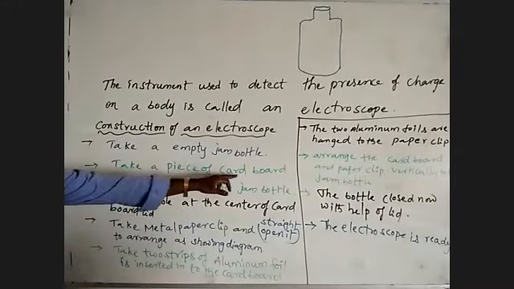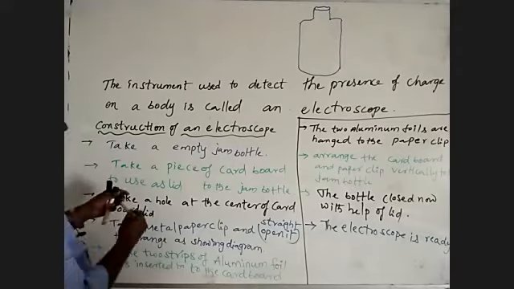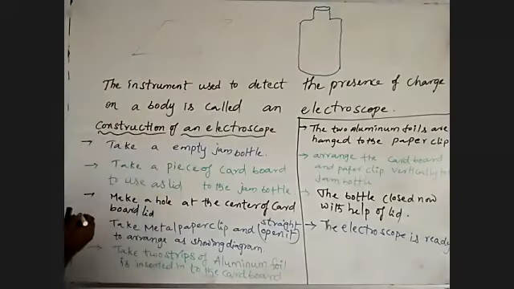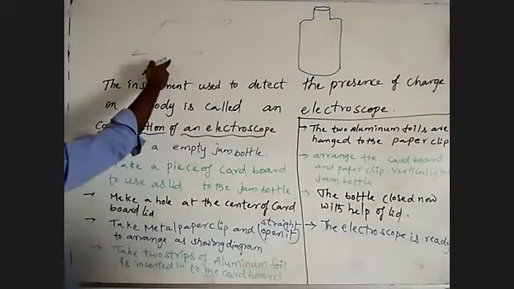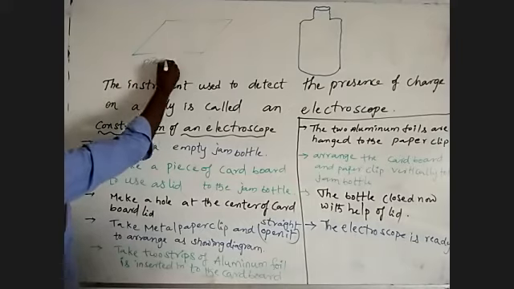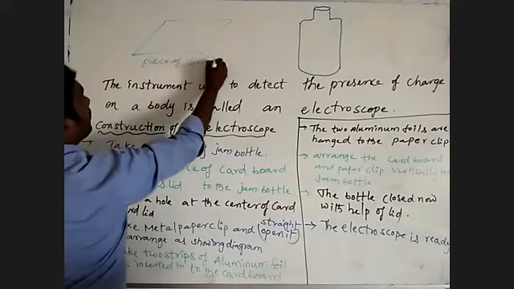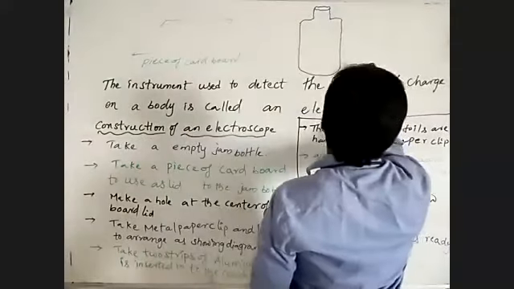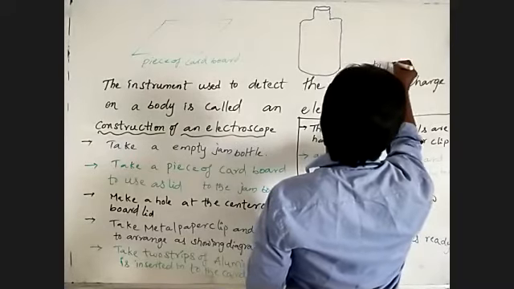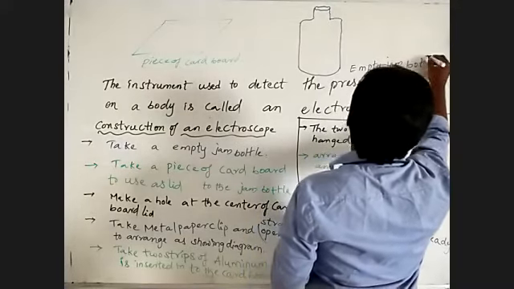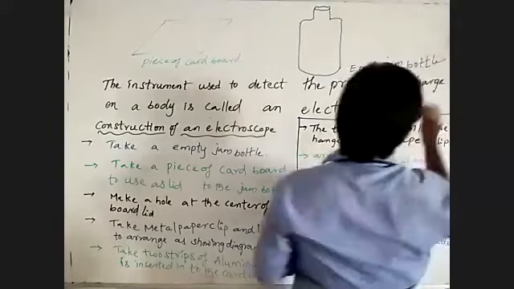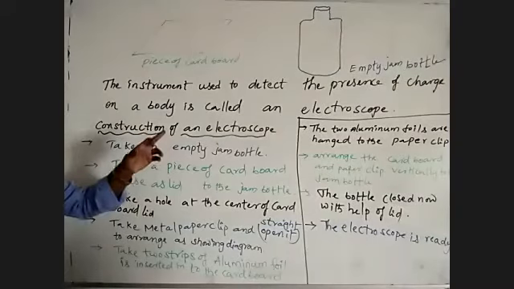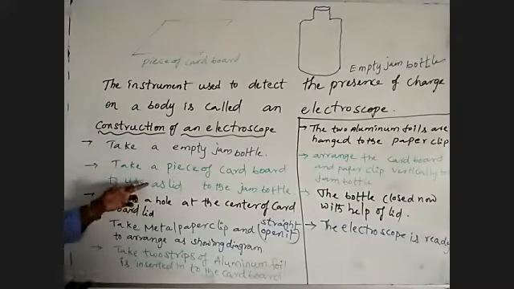Take a piece of cardboard. See here, this is a piece of cardboard, and that is the empty jam bottle. Take an empty jam bottle, take a piece of cardboard to use as a lid